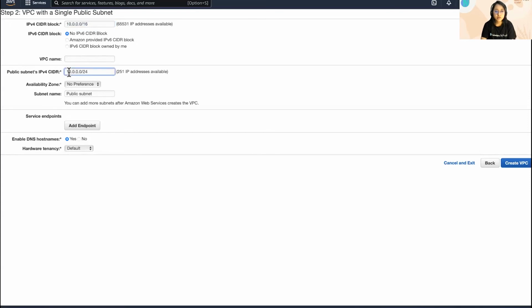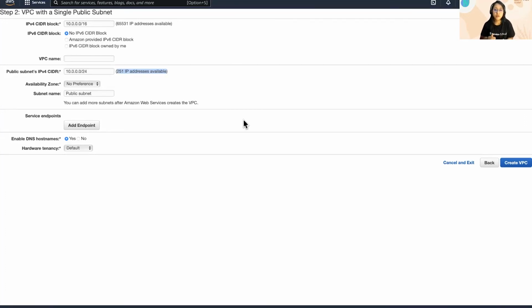Then this is the subnet range that we will be using. Now here, one thing to note is 251 IP addresses available. You might be wondering why there's 251. Ideally, it should be 256, right? This is very important to note: AWS reserves 5 IP addresses in each subnet that you create for routing purposes. Let me show you the official documentation.